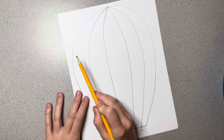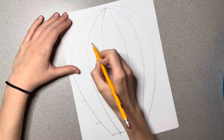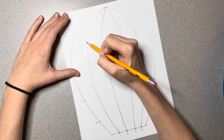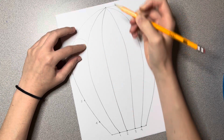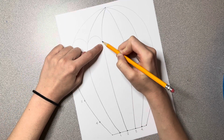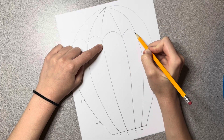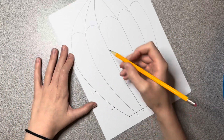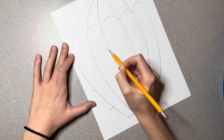Now what I'm gonna do, I'm gonna make a bumpy line going across. But I'm not just gonna freehand a bumpy line. Each bump is going to meet, every time I go down, it's gonna meet one of my lines that I've drawn down here. So I'm gonna bump and then connect it to a line. Then I'm gonna bump, connect it, bump, connect, bump. Okay, so I'm gonna do that for each dot that I've made. So bump, bump,